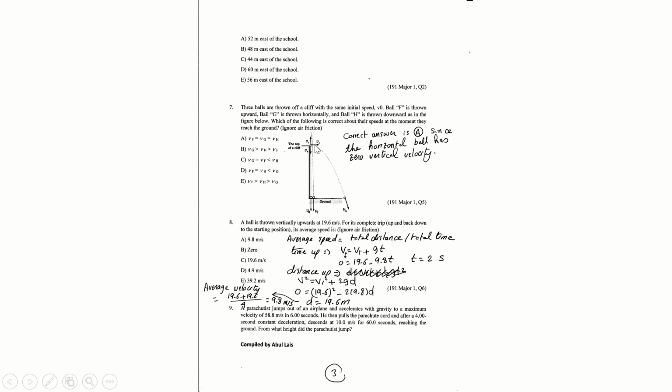Now remember that this ball is thrown horizontally, but it does not have any vertical velocity. So it means that the vertical velocity is 0. So if I want to find the velocity as it reaches the ground, it would be just its horizontal velocity,